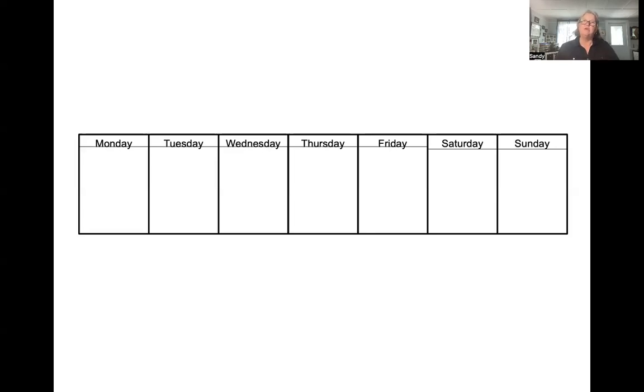Now, one thing we want to make sure your child understands is that days of the week go in a certain order, just like numbers go in a certain order. And once we learn that sequence, it's going to be consistent throughout. Same with days of the week. Now, once they get to calendars, the first day of the week might be a Sunday, not a Monday. But a lot of times that song starts with the first day of the school week.